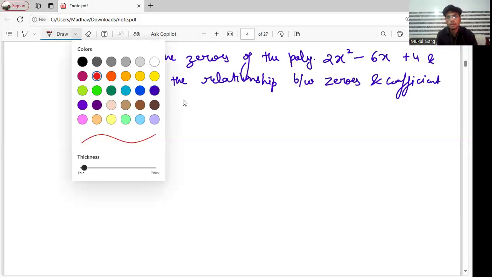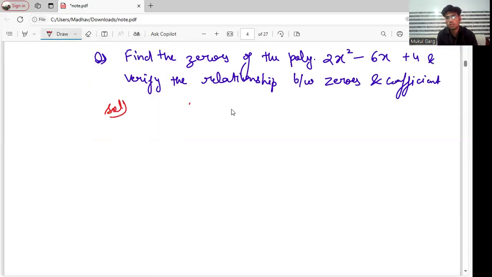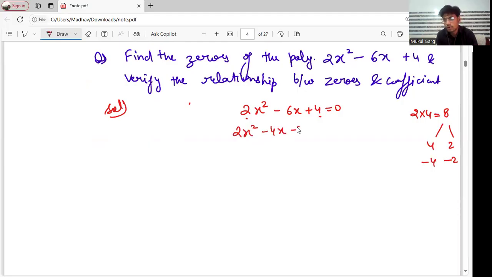देखो सबसे पहले तो मैं zeros निकालने वाला हूँ for this polynomial. First of all, I will equate my polynomial equals to 0. Then I'll use the splitting the middle term method to find out the zeros. 2 और 4 दोनों का प्रोडक्ट निकालेंगे, x स्क्वायर का कोएफिशिएंट और कांस्टेंट का। तो 8 आ गया, 8 कैसे, दो फैक्टर जिनका सम -6 हो। देखो 4 और 2 दोनों का सम होता है 6, लेकिन हमें -6 चाहिए, तो -4 और -2 ले लो। ठीक है, सो आई एम गोइंग टू स्प्लिट द मिडल टर्म बाय यूजिंग दीस टू फैक्टर्स।